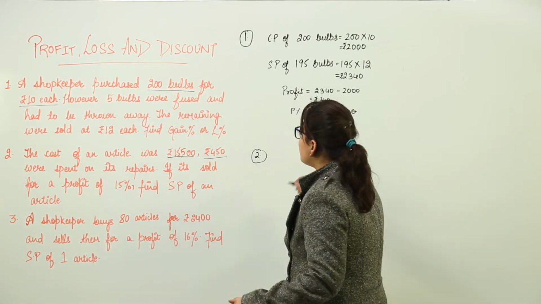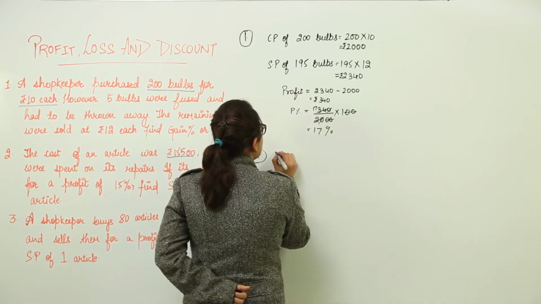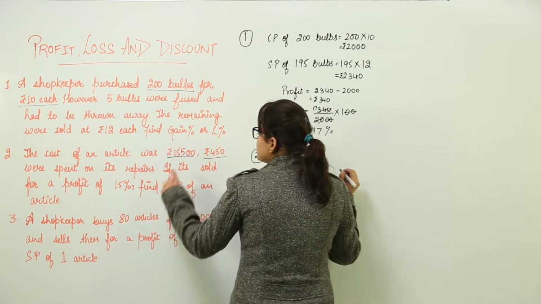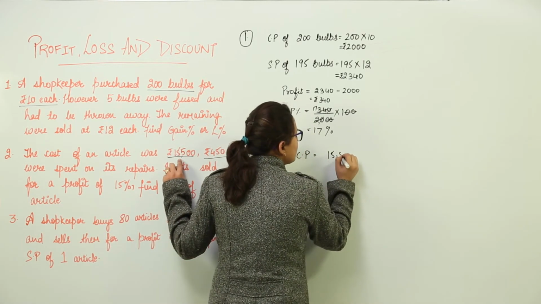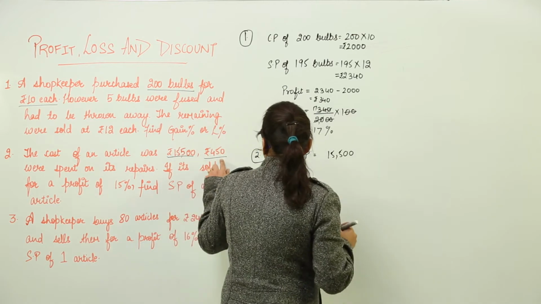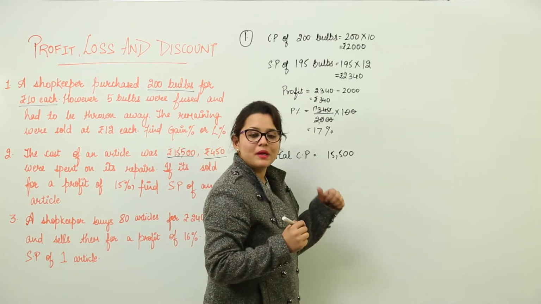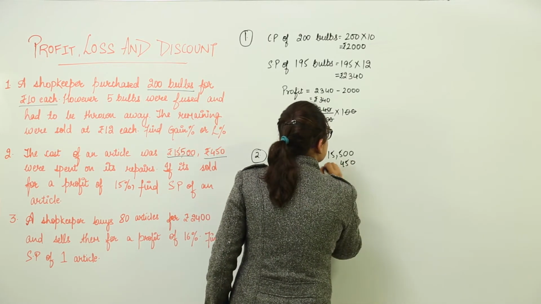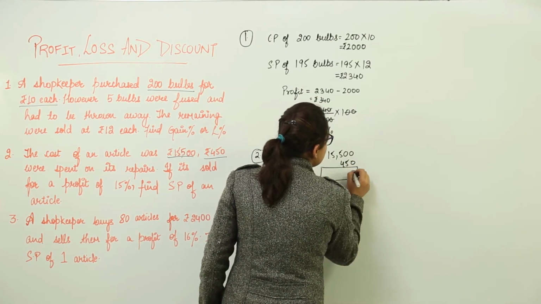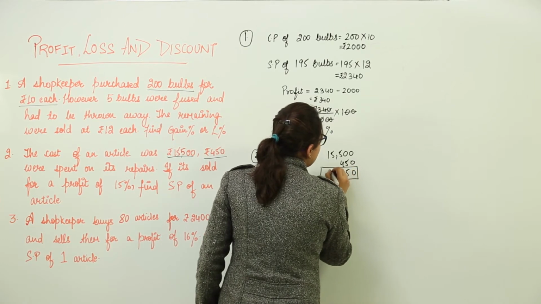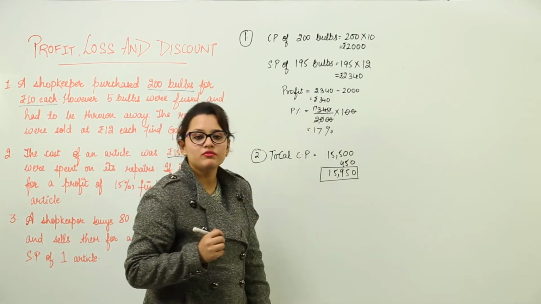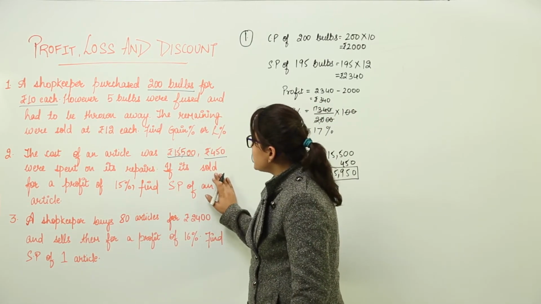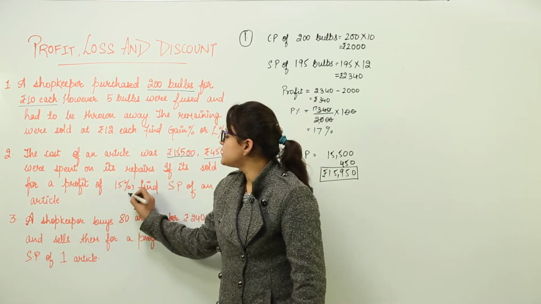So over here we can see that the total CP would be the original cost price on which the product was bought, that was 15,500, and this was the cost spent on the repairs, right? So the repair cost will also get added to the same. So the total cost price comes out to be 15,950 rupees. Next, the next statement follows, if it's sold for a profit of 15%.